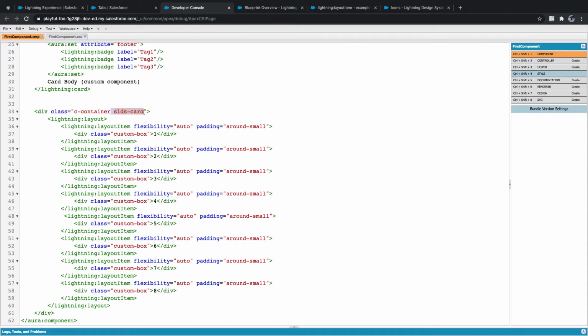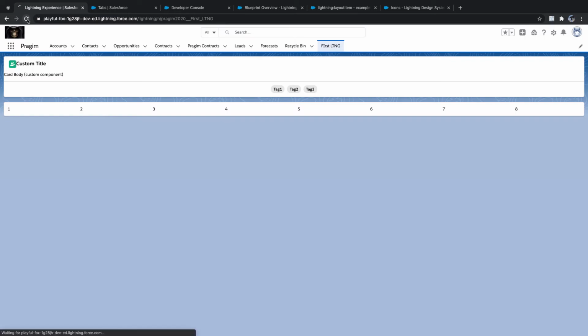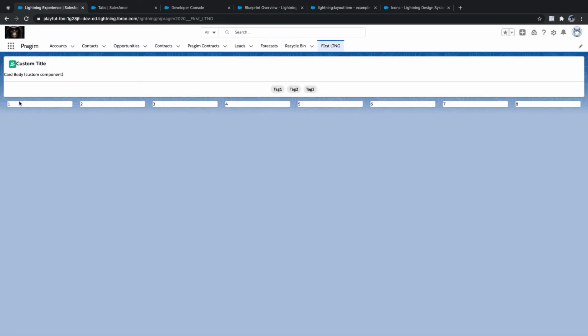We can cut it from here and add it here, so that we'll see box by box. Refresh. SLDS card just applies a card layout. That's it. Now we have 1, 2, 3, 4, 5, 6, 7, 8.